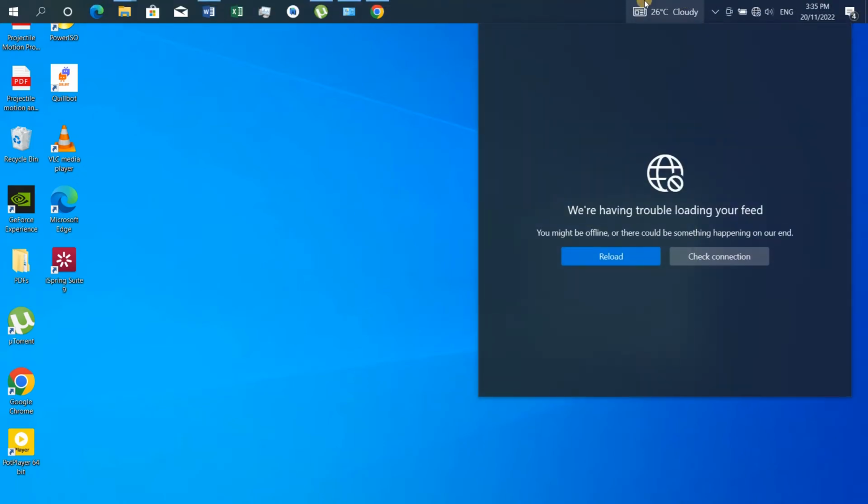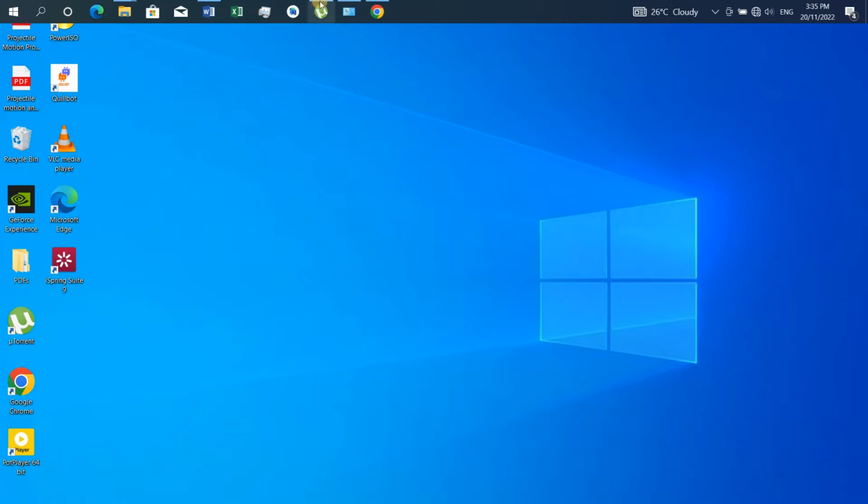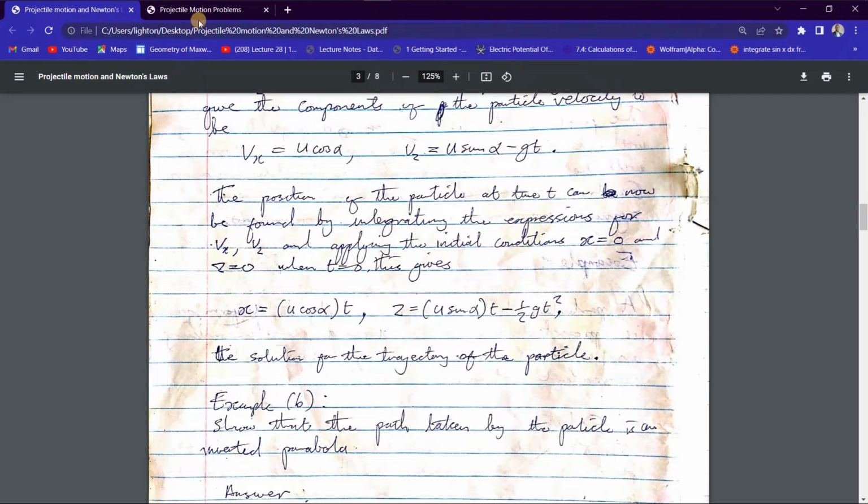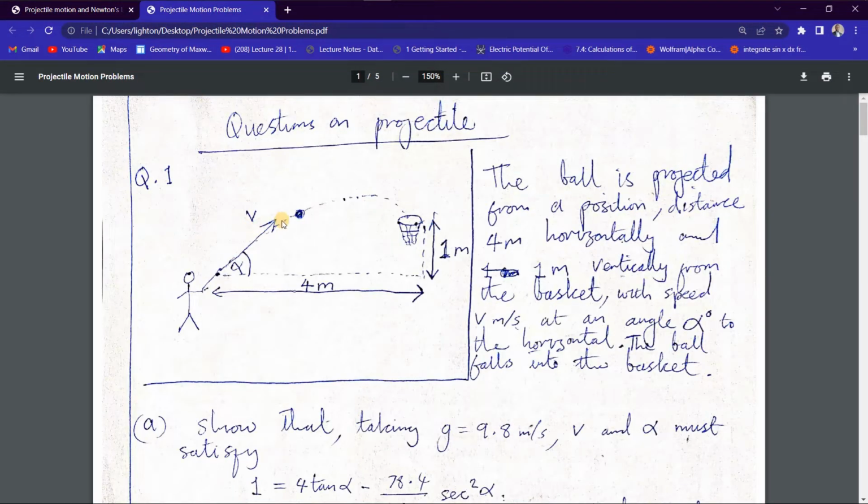In this video, we're going to look at how we can solve some problems in projectile motion. So dive right into the problems since we already have the notes. So here's the file I have opened already and some questions. So the first question is saying